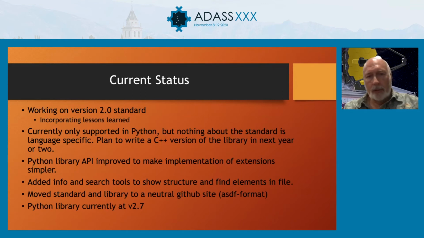We're working on a version 2.0 standard that incorporates the lessons learned from this. Right now, the idea is that this is language independent. Currently, though, we only support it in Python. We would like to develop a C++ version of it. We've improved the API in the library. We've added a lot of things to make it easier for users to interactively look for information in the YAML. We've made the standard, moved it to a neutral site, and